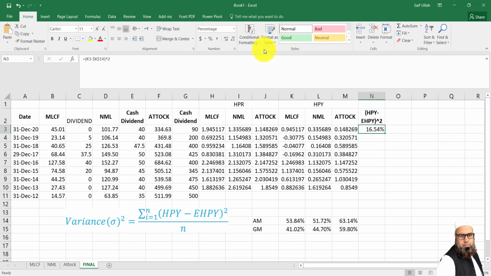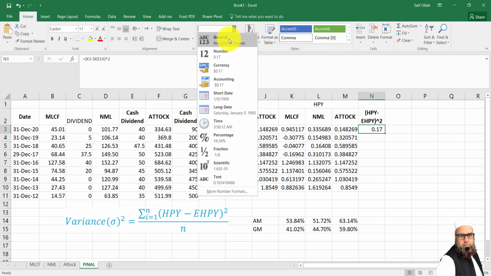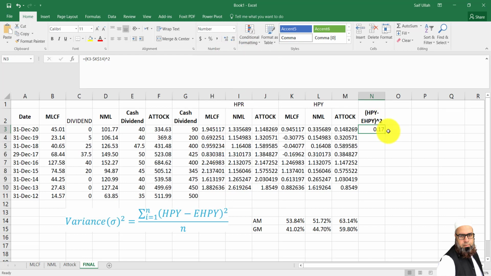I will convert this into number form and then copy this formula till the end. So I have computed the first part of this formula, and then I have to compute the sum of these values.